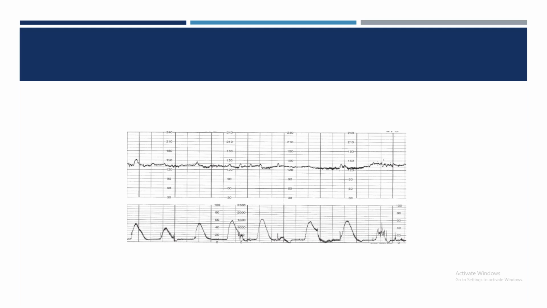Ma'am, you have to wait for at least 30 minutes, no? Non-reassuring variability lasting for how long, ma'am? 25 minutes or 50 minutes? You have to wait for variability for at least 30 minutes. If it is decreased variability, you have to wait for at least 30 minutes to call it non-reassuring. Okay? So you have to wait for 30 minutes.